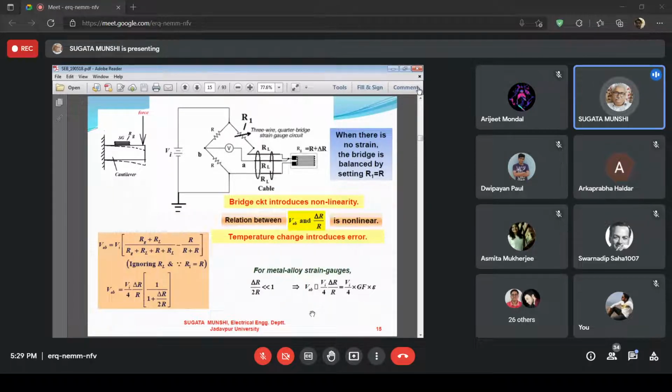Why cross-sensitivity? It is sensitive to some parameter, some physical variable, which was not intended to cause any change in the resistance. That's why it's called cross-sensitivity. So what's the way out? The way out can be